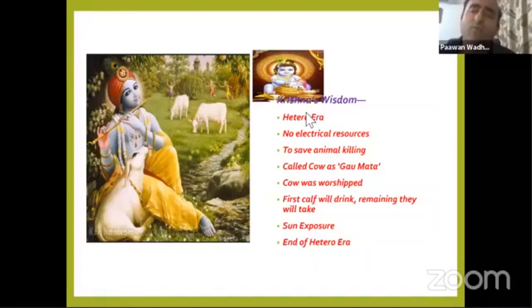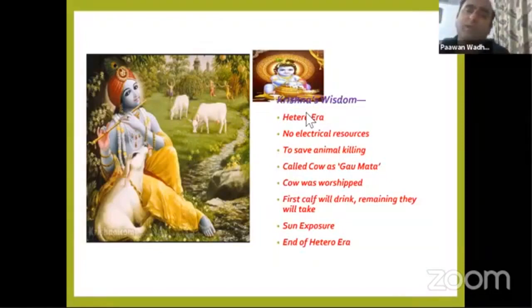So people had to walk very much. They had to walk hundreds of kilometers in the sunshine, and they had to do hard work, so much so that they needed a lot of energy at that time. And because of the need for that energy, people used to eat non-veg by killing animals and fishes. So what Krishna thought,